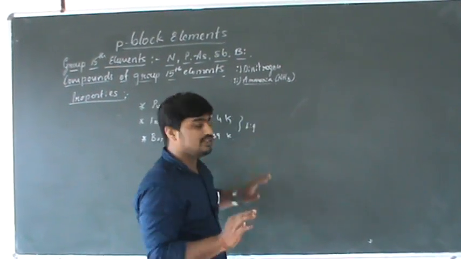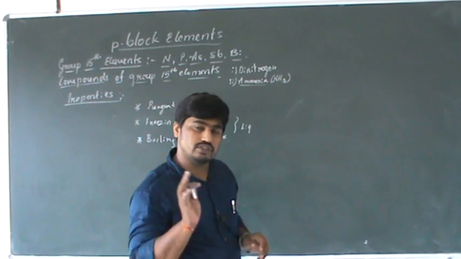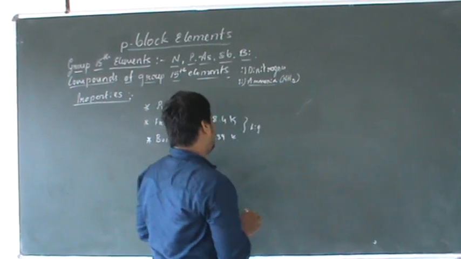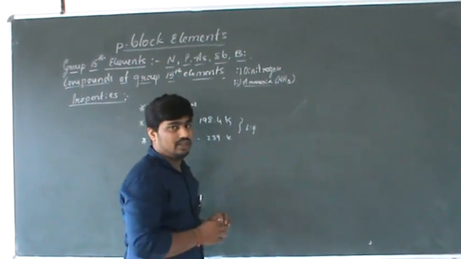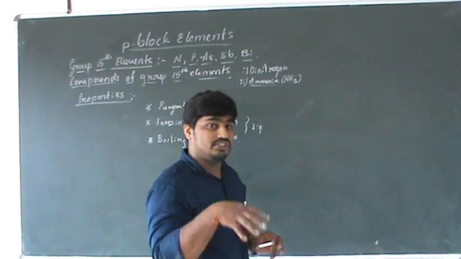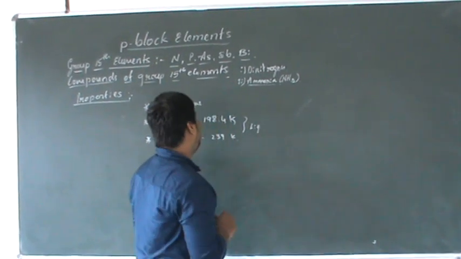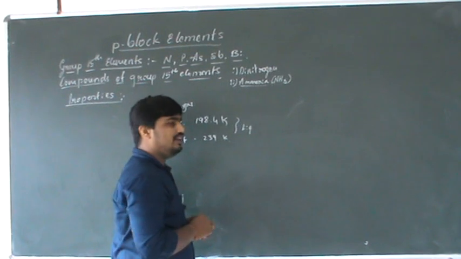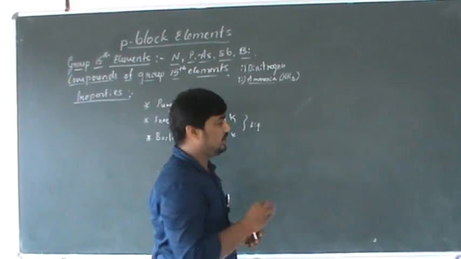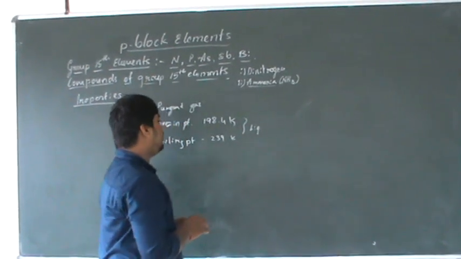In a few cases we use it as a solvent. Ammonia is a good solvent. Actually, it is a good solvent. But the liquid range, the existence of the liquid state, is very small. Therefore, it is not a good solvent compared to water. Next,